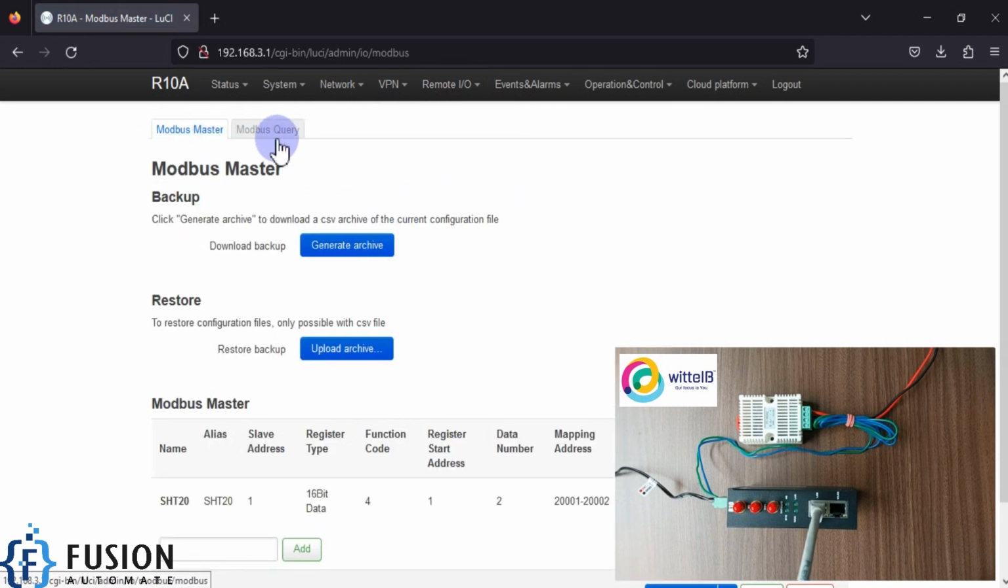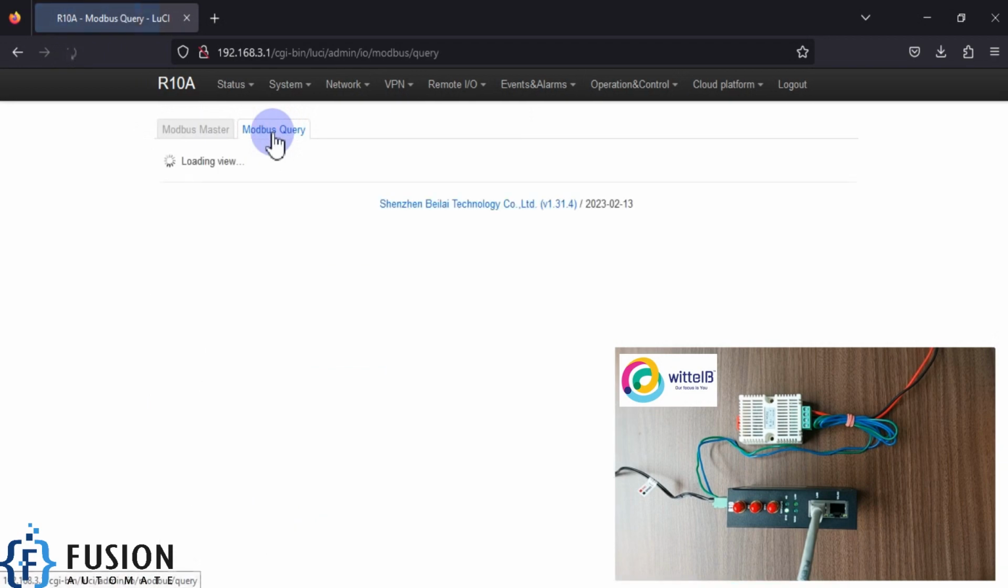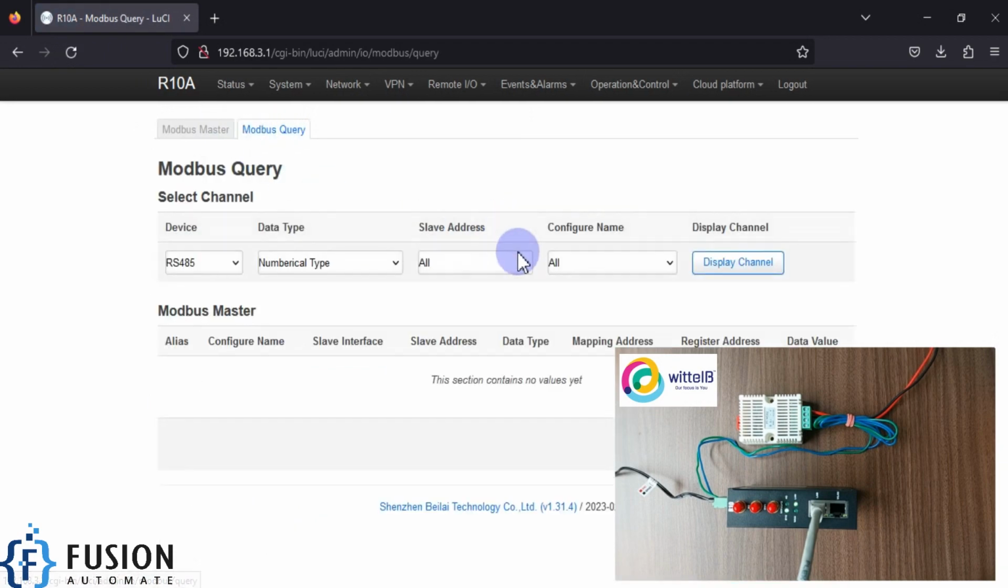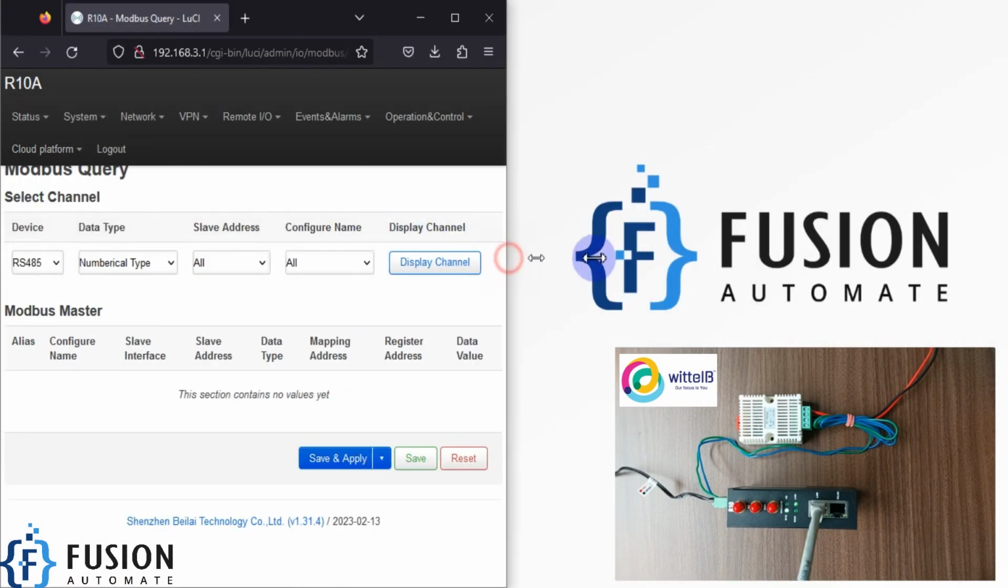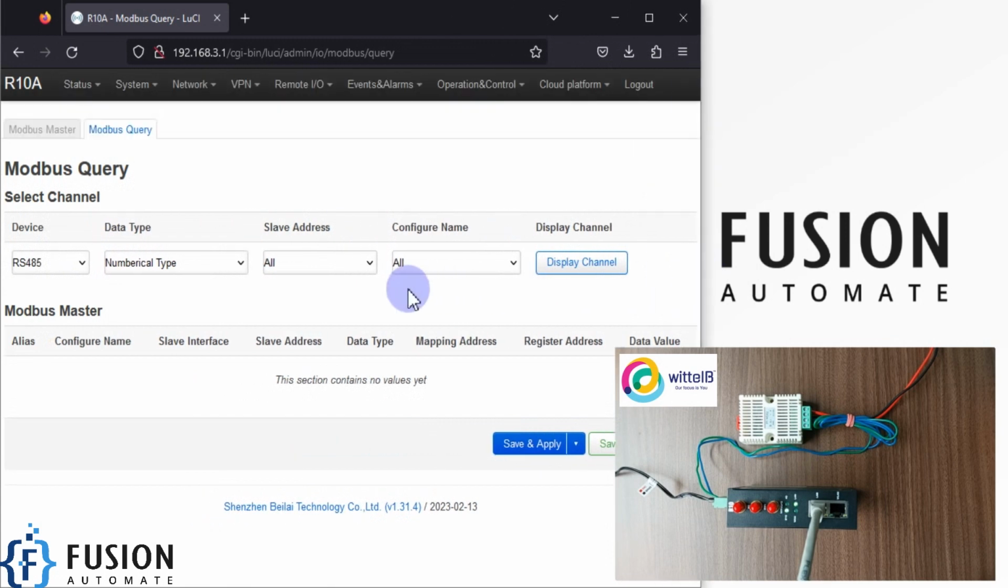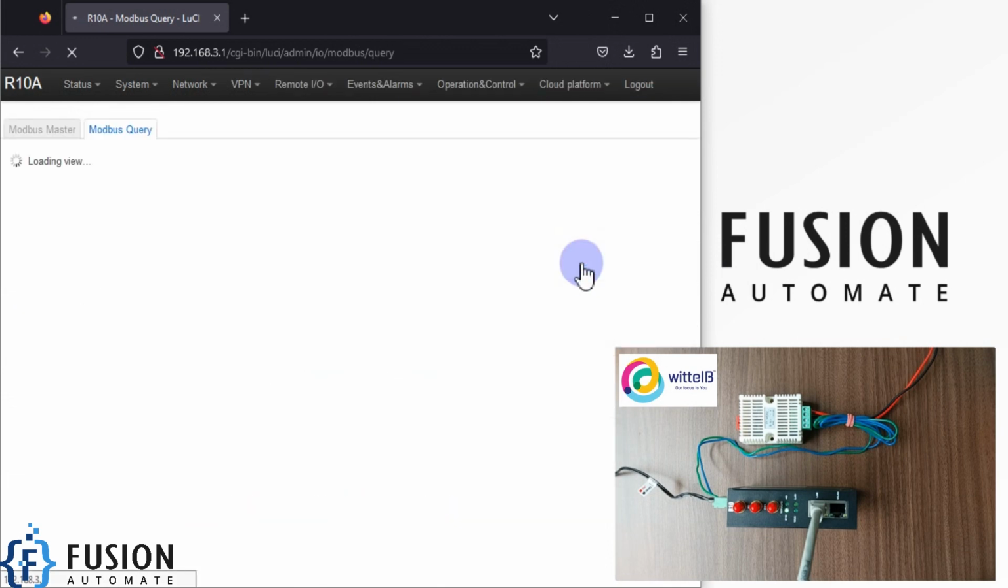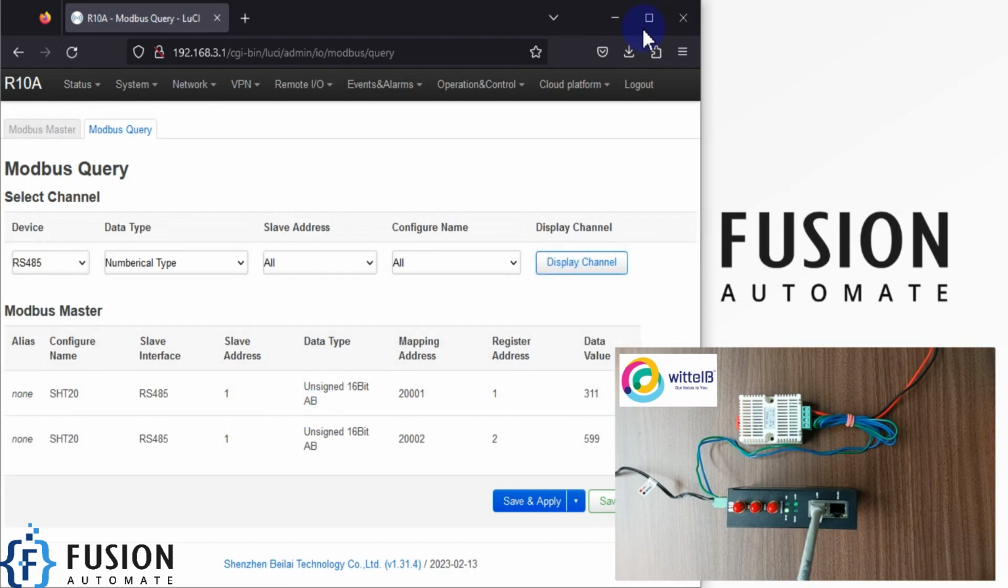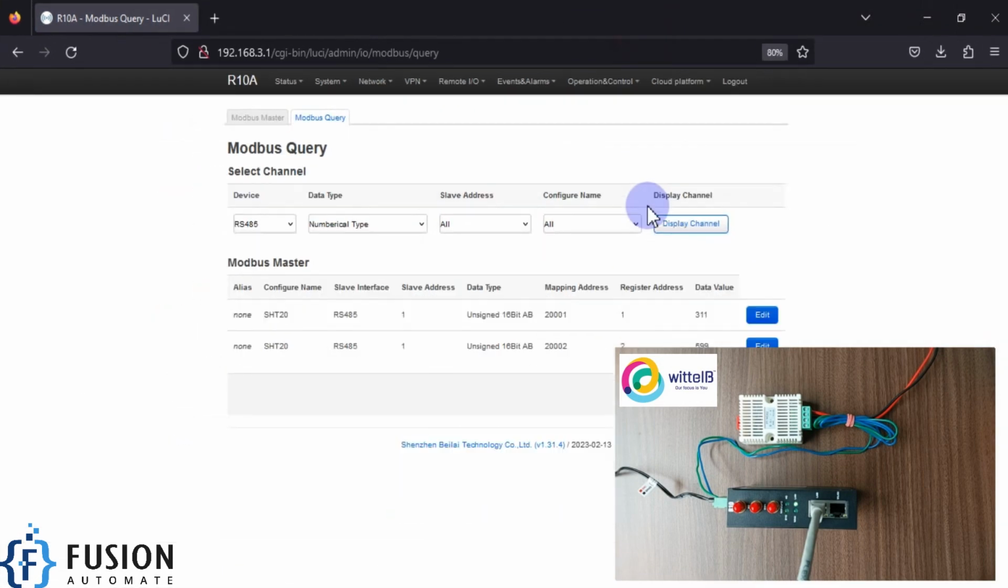In the Modbus master page you will get the Modbus query tab. You have to navigate to it, and here you have to select RS485. The data we want to read is a numerical type, and we have to click on display channel. It will display the channel, and you can see here